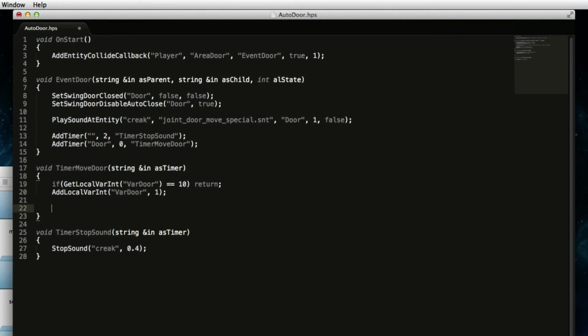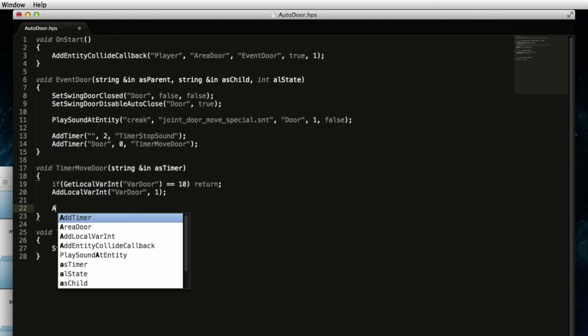Now after this one we're going to add a timer which makes everything repeat. So in this case, if you add a timer with the same name as the timer that is executing it, it'll be looping and looping and looping until it stops. And that is why this variable is here, to stop that timer at some point, or else it'll repeat indefinitely. So in this case, let's add timer,